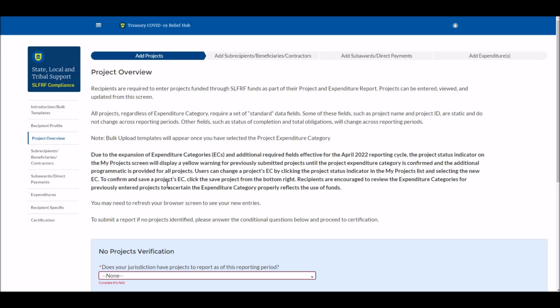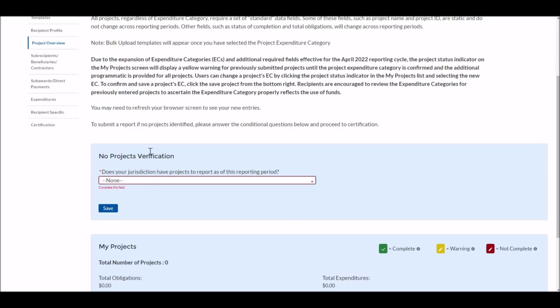Here in the Project Overview, recipients are able to enter in one or more projects that fully capture their use of SLFRF funds. At the top here, you'll see a set of instructions. Many of them are just instructions to clarify changes that have been made since the prior reporting period. If this is the first time you're doing reporting, you can read the instructions and also scroll down to the